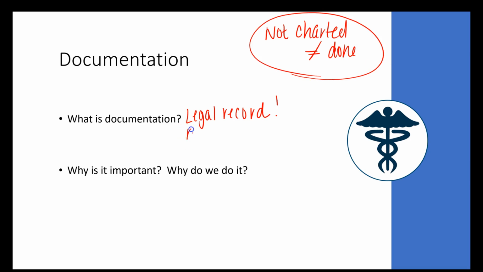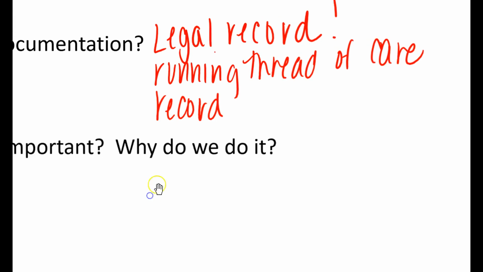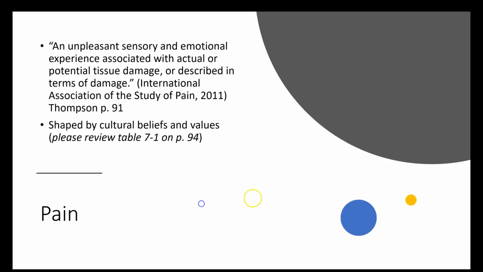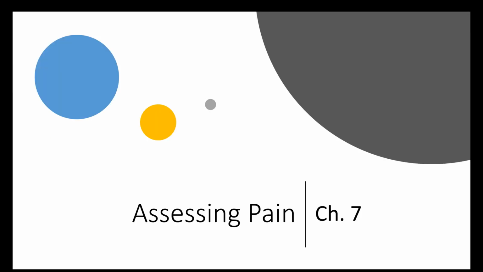It's also a running thread of the patient's care, right? It's also a record, because we keep things in there like lab values and IV sites and what their assessment findings are. So it's important first and foremost because it is that legal record. It's great as a reference point for us. So if we have a concern that there might be something that changed from our patient a while ago,